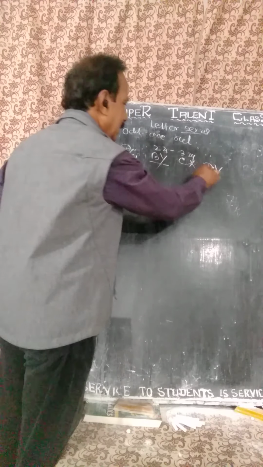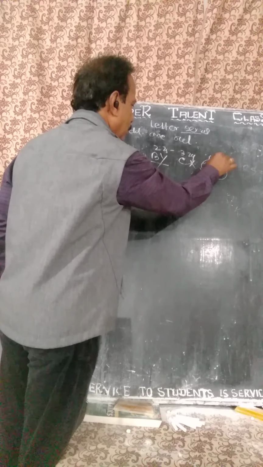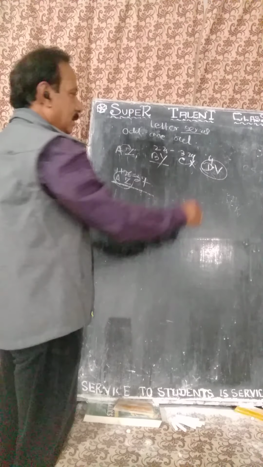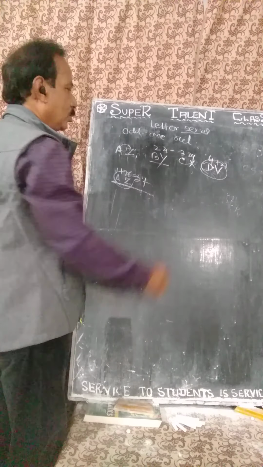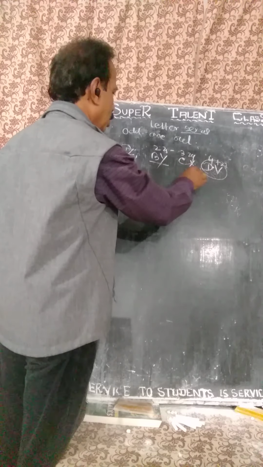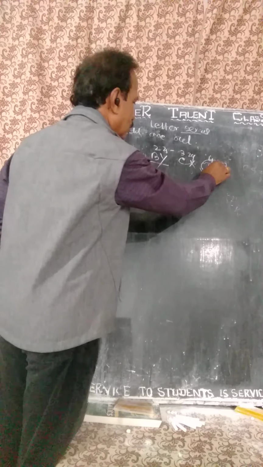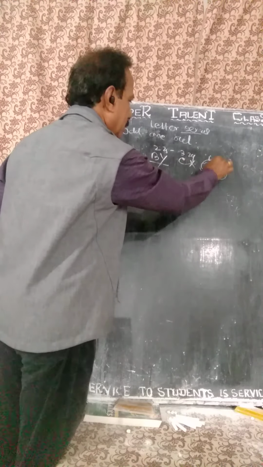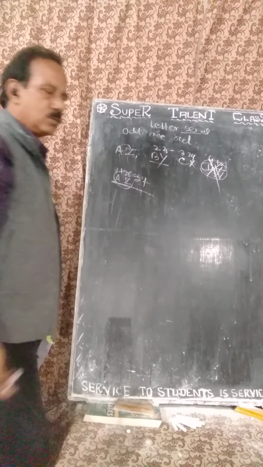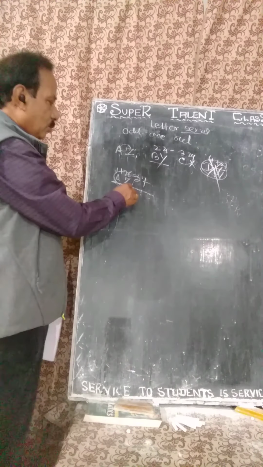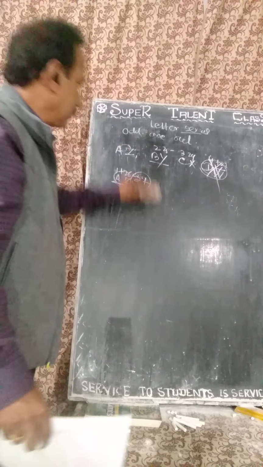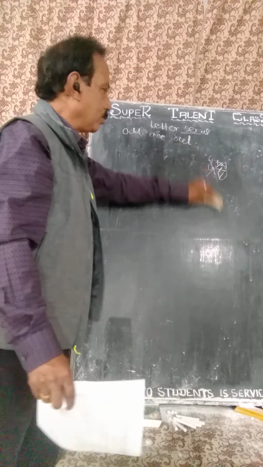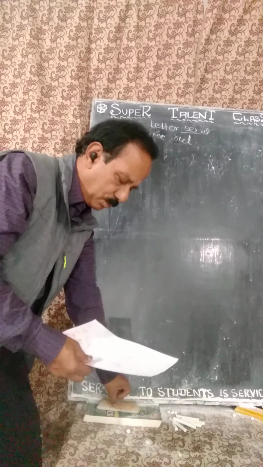But here you see, what should be with B, what should be with 4? 23. U, V, W, X, Y, Z, so it should be W, but V is given, so it is the odd one out. So what is the logic here? Total is 27, reversing the digit. The odd one out may be of any type, so no problem.